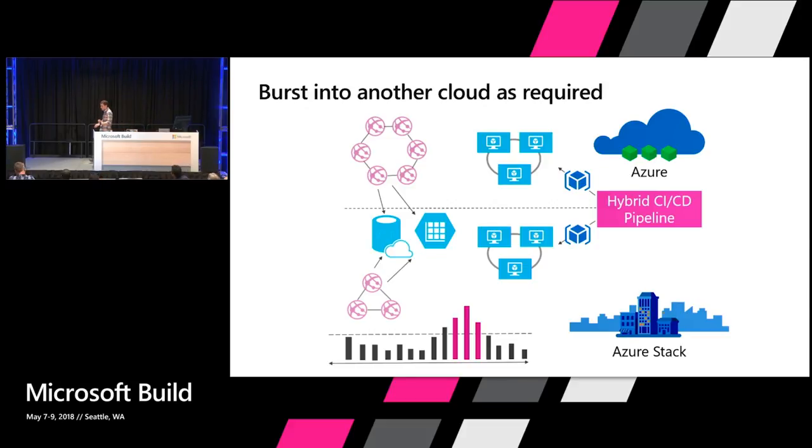Now, how the traffic is redirected, that's another challenge that you encounter in hybrid systems. There is something called Azure Traffic Manager. Azure Traffic Manager provides you an ingress point in Azure, and based on rules, it can redirect you, right? So with a combination of Azure Traffic Manager and VPN, this particular solution was able to burst to the cloud when needed. And when traffic died down, traffic would get redirected to the front end on the internal network. And by the way, this is one of the patterns that we have documented, and it is available in our documentation.